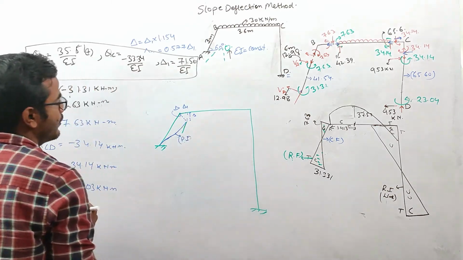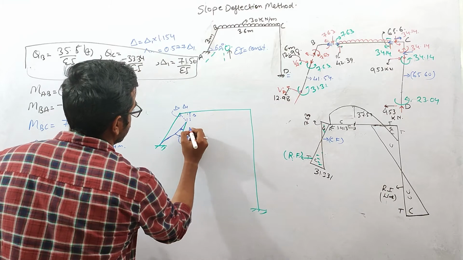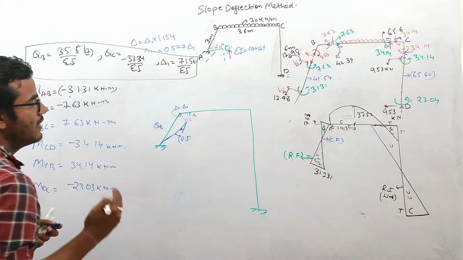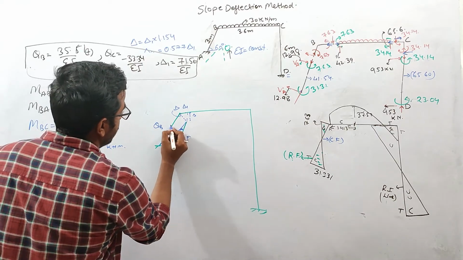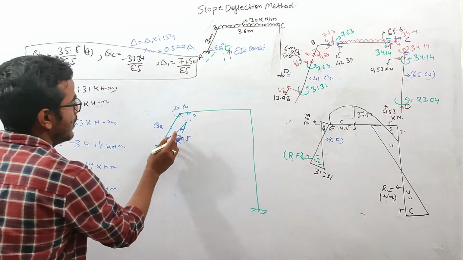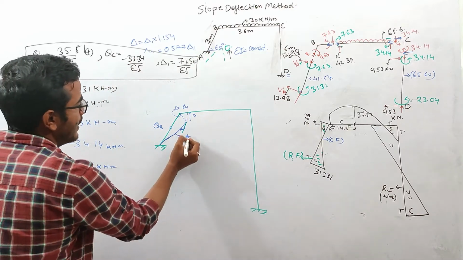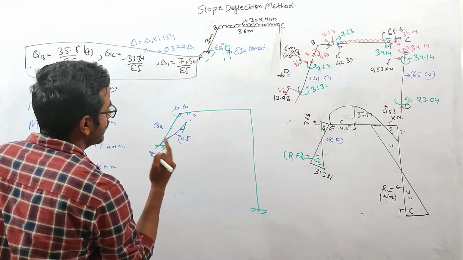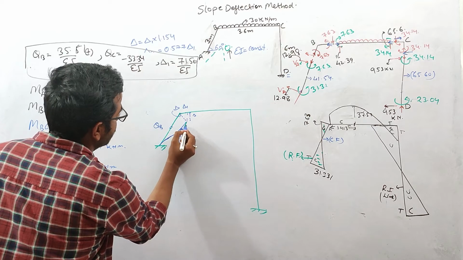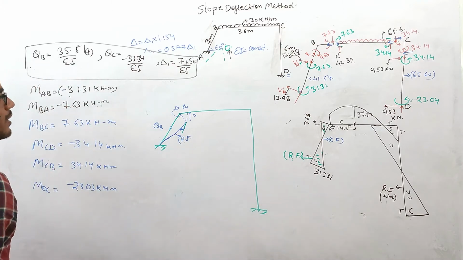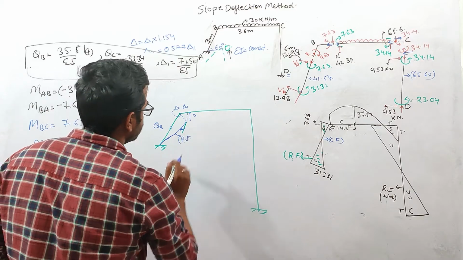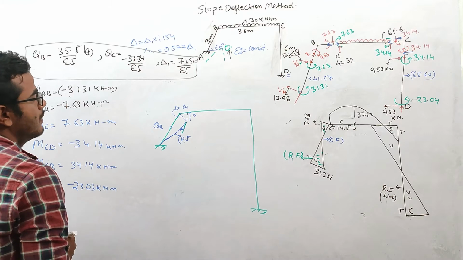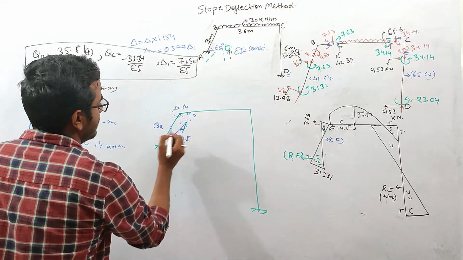Now this theta is basically theta B, and you can see that this rotation is clockwise. We are taking the reference axis which is parallel to this axis. Don't consider this y-axis as a reference axis. Because we are finding the member rotation, the rotation of the joint, it will be calculated with the help of this reference axis. At this point the theta is anticlockwise, so this theta is also anticlockwise over here. This is compression top, tension bottom.